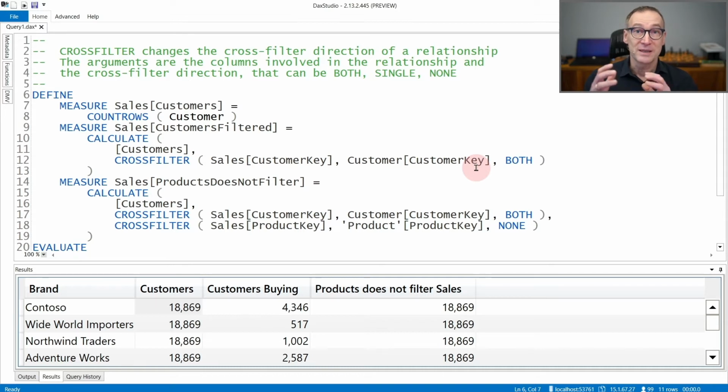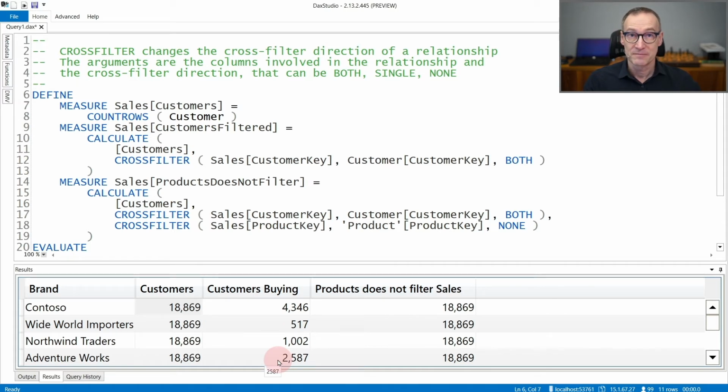If the relationship between sales and customers becomes bidirectional, the filter from product reaches sales, and then from sales it goes to customers. This is the reason why the measure customer buying, that uses CrossFilter inside Calculate to compute the number of customers with a bidirectional relationship, computes the number of customers that are buying something,